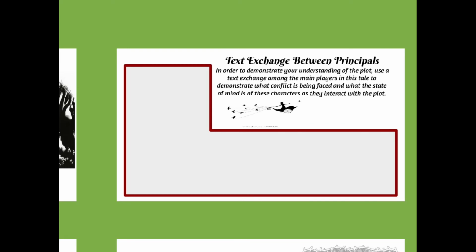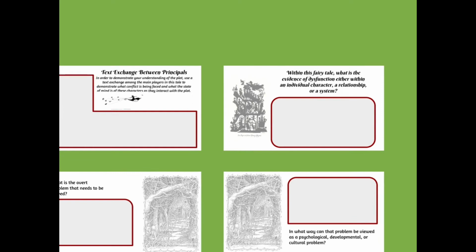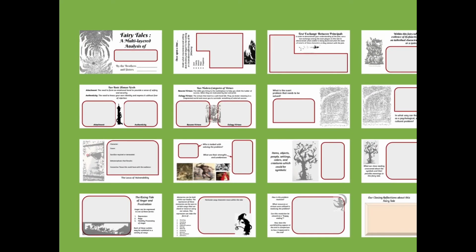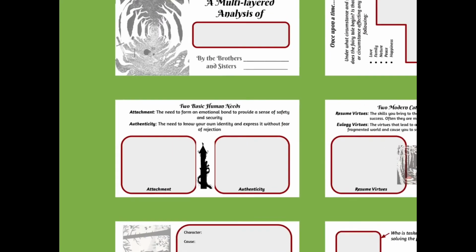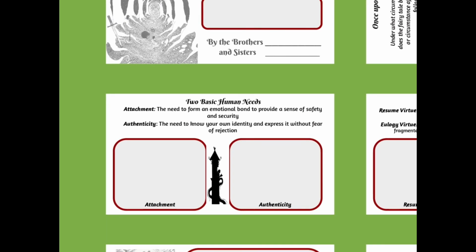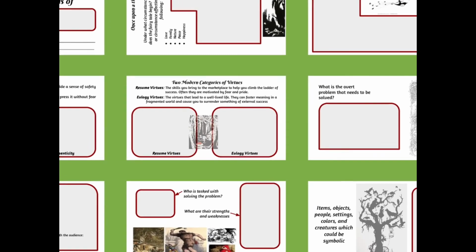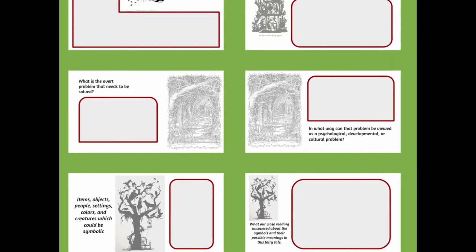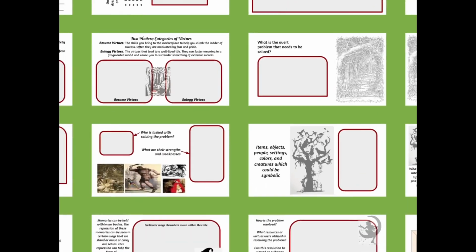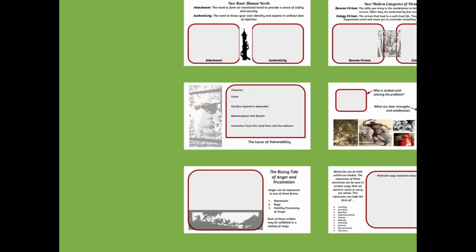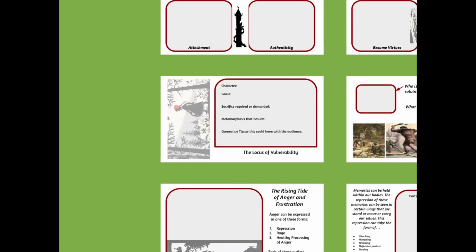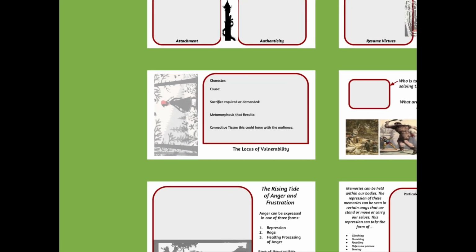As you can see, there are several different ones, okay? There's an analysis of the dysfunction. There's an analysis of how the story deals with the two basic human needs we introduced in that first lecture, the need for attachment and authenticity. And then there's a whole slew of other points that you can make. And notice part of the presentation is that it's being elaborated with some graphics, but also some design. Okay, so you want to create an analysis that fits your style,